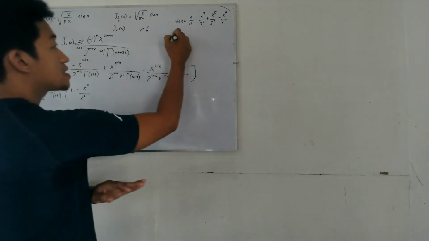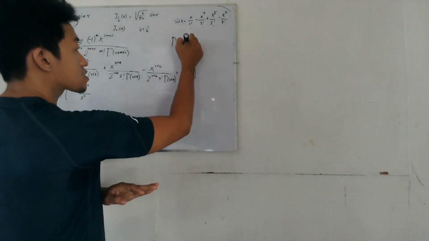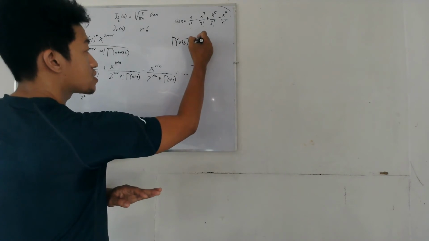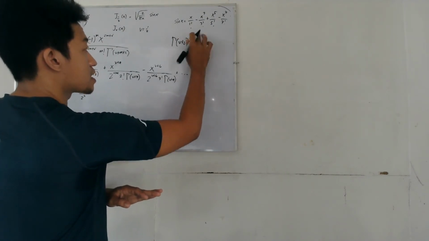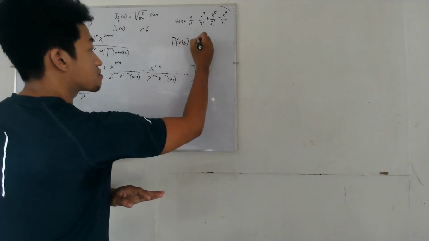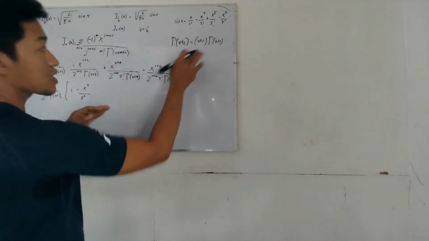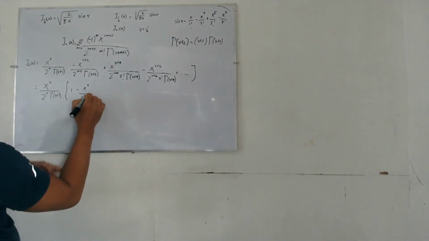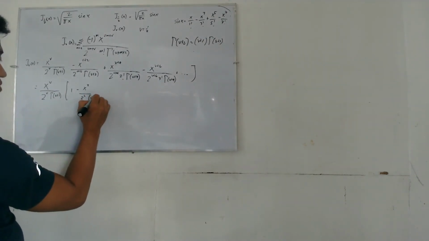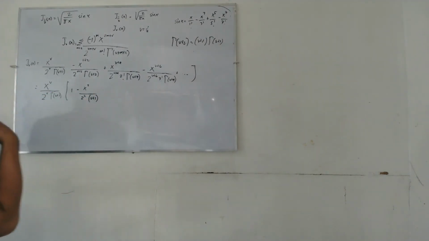Ang gamma b plus 2 is equal to b plus 1 gamma b plus 1. So pag collect na to ani b plus 1 ang mabilin sa ubos. B plus 1. Okay? Tama? Gamma b plus 1